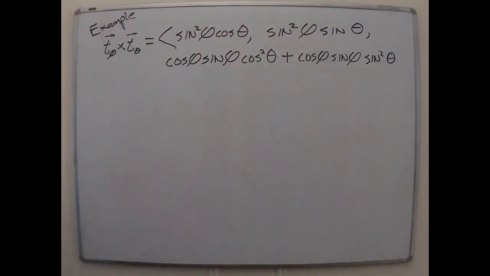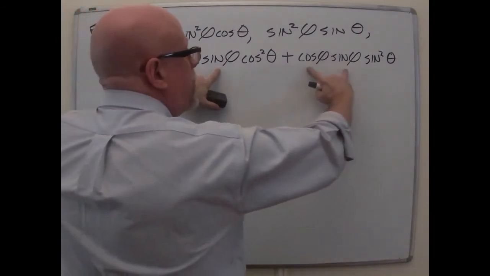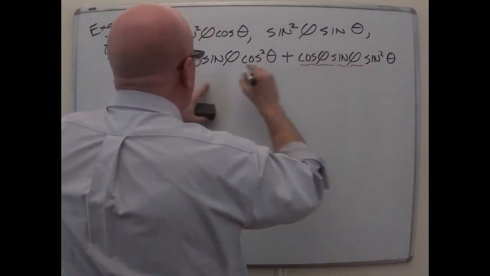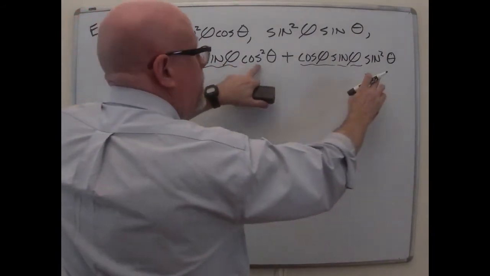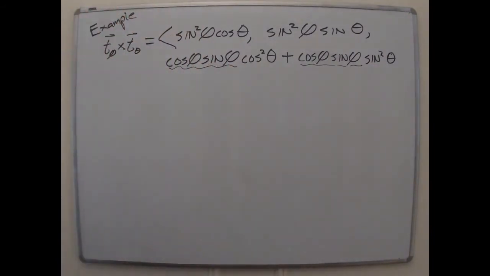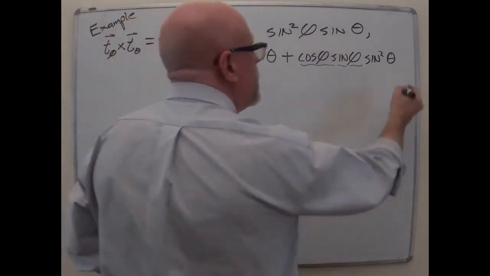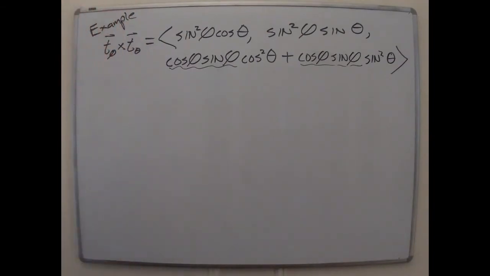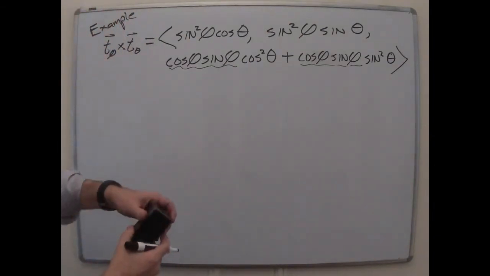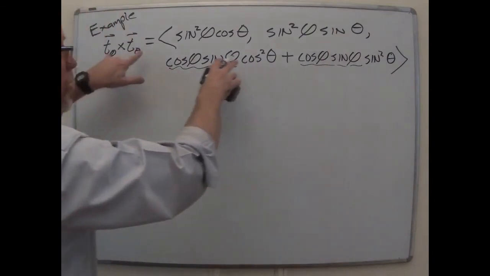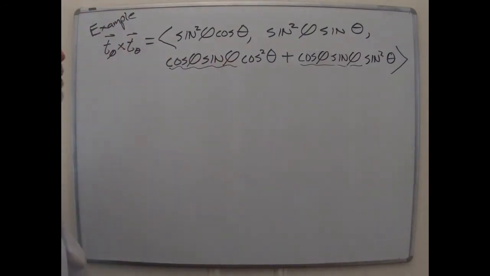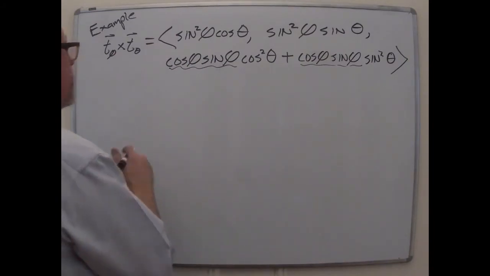Now that actually simplifies a good bit. You might not spot it right away, or perhaps you do. Cos phi, sine phi, and cos phi, sine phi, those guys are in both terms here. And apart from them, we've got a Pythagorean identity. So that whole z coordinate simplifies to just cos phi, sine phi. You can imagine factoring out these parts that I put the squiggles under, then what would be left would be cos squared theta plus sine squared theta, which is 1.